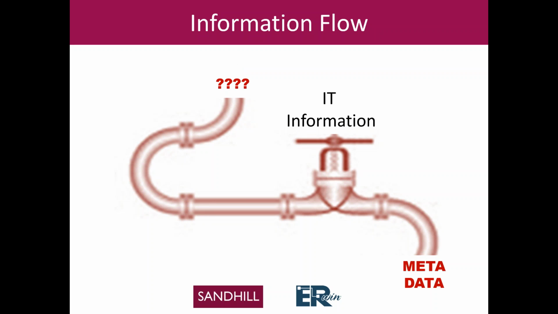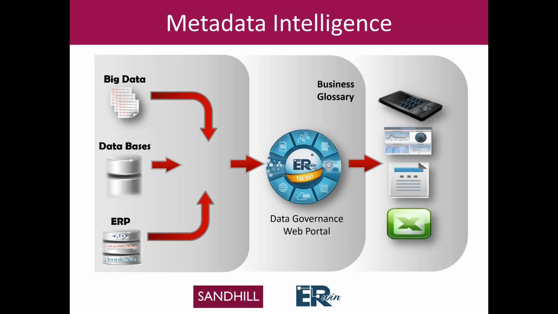And frankly, it's metadata. So in the same sense that money is an abstraction of value in business terms, the metadata is our abstraction of value, which is in fact the data. So if we take out business and put in metadata intelligence, what we now have is models instead of an ETL tool, and this takes the information from big data, from databases and ERPs, and puts it into our data warehouse, which is a repository. But the other advantage is we can now link it directly to the business with a glossary and provide that exact same environment that the business has for managing and measuring their world, that we can now do similarly for IT.